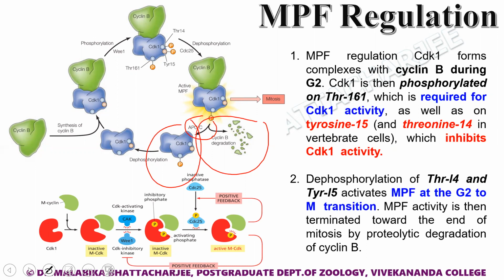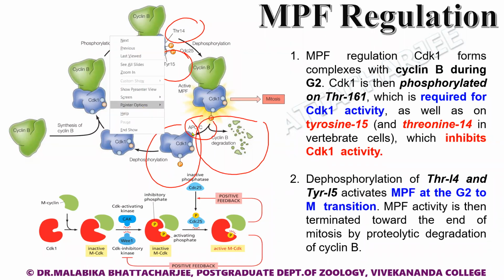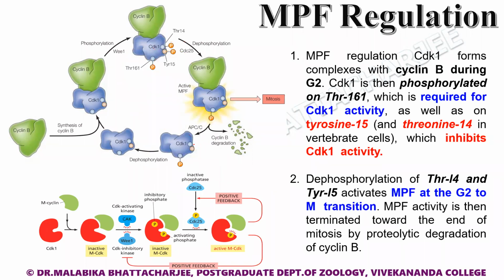The 2 amino acids in position 14 and 15. In position 14, we have the amino acid threonine. In position 15, we have the amino acid tyrosine. And in position 161, we have the amino acid threonine. So it is the phosphorylated or dephosphorylated state of these 3 amino acids that plays an important role in controlling the activity of CDK1. So if we have understood that these 3 important amino acids are important, now let's again start the